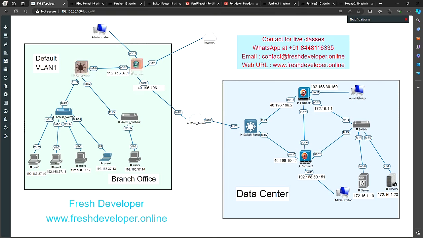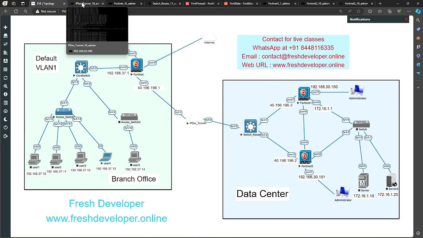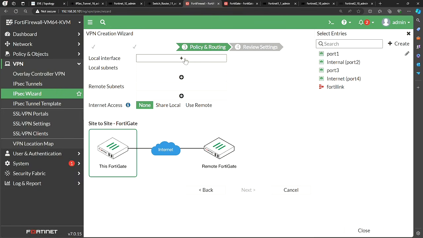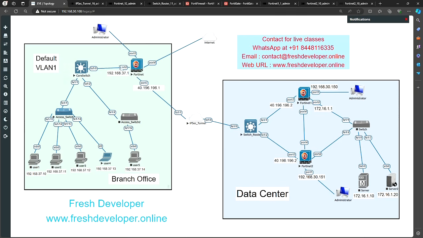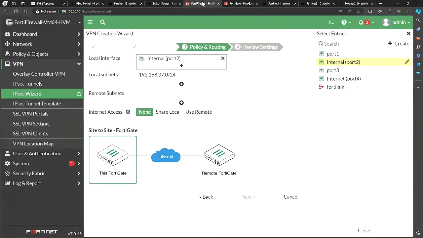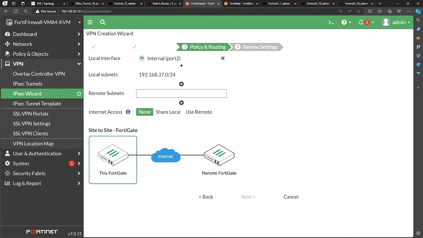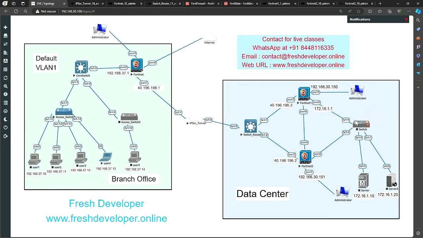So for this, I will take the local interface as port 2 because my computers are behind this one. So the local interface is going to be port 2 here. I will select port 2 internal, and the local subnet, obviously the 37 network is behind this one, right? You see 192.168.37, so it has selected that automatically. Remote subnets, you can mention which remote subnets you want to permit. So those are